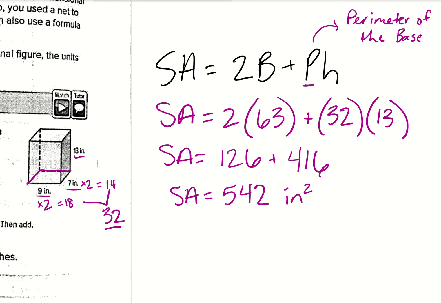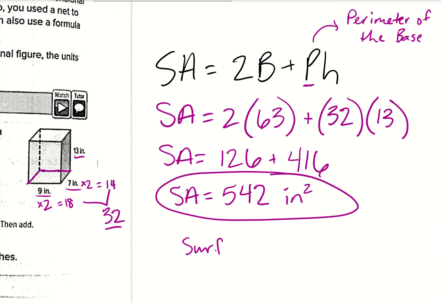Now for surface area, it is inches, but even though we have a three-dimensional figure, we're going to have inches squared. The reason it's inches squared is because we are finding surface area. Area is just a two-dimensional measurement, right? So you wouldn't find a three-dimensional area. That would be the volume. Okay, area is just for 2 dimensions, so that is why we have inches squared or square inches